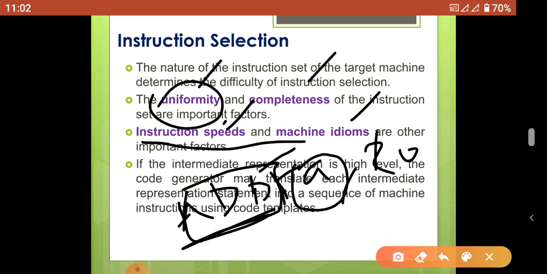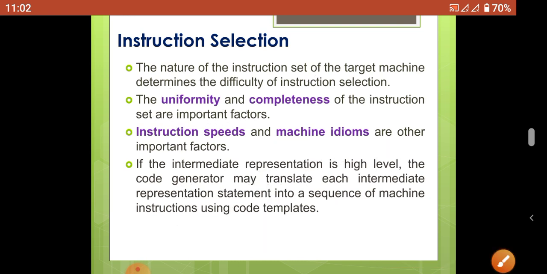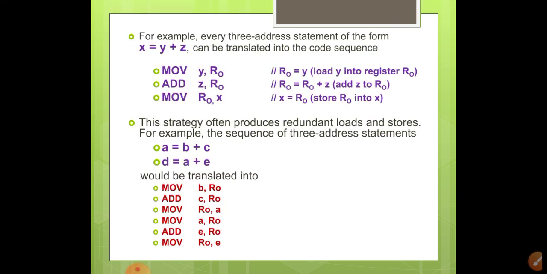Already we discussed the INC instruction mnemonic code in many topics. What is the use of INC? It increments the variable. For incrementing the variable, normally we replace the single instruction with 3 kinds of machine instructions. But when we are using INC, we replace it with only one code. Each and every 3 address code is replaced by only one code. That will be discussed in the next slide.